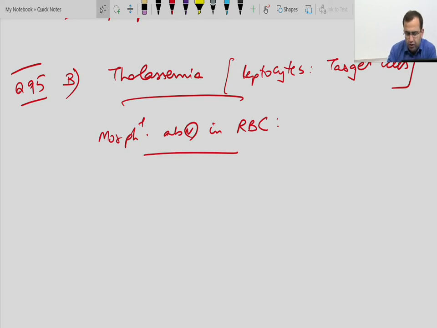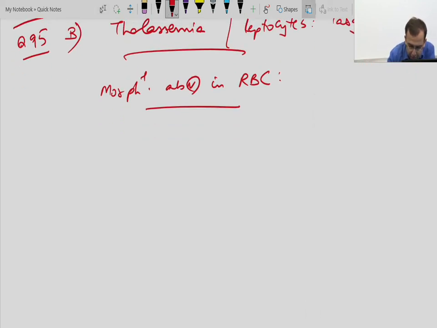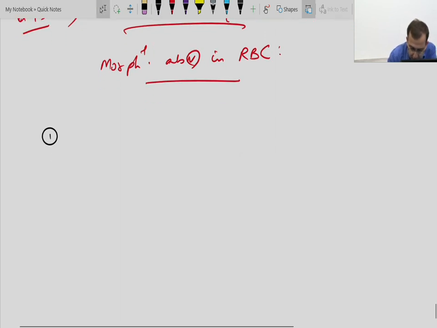Starting with the first point, you very well know anisocytosis is altered size. Poikilocytosis is altered shape of the RBC. So coming to the morphological abnormalities, starting with the first one, that is echinocytes